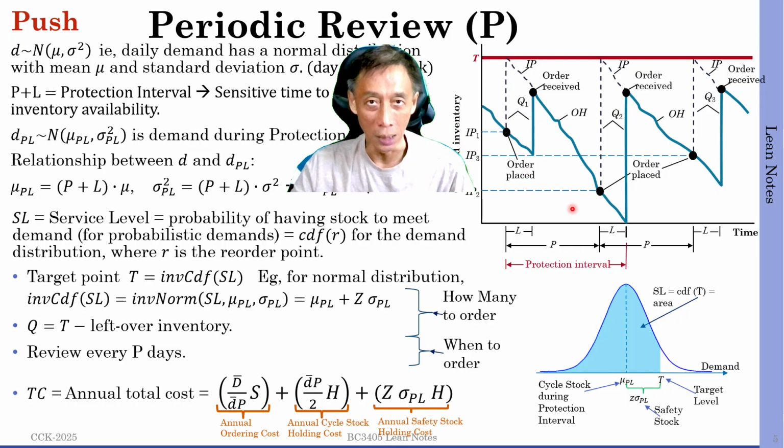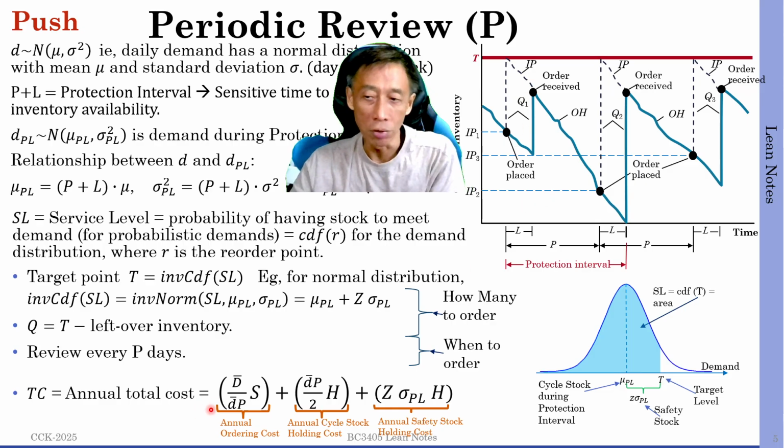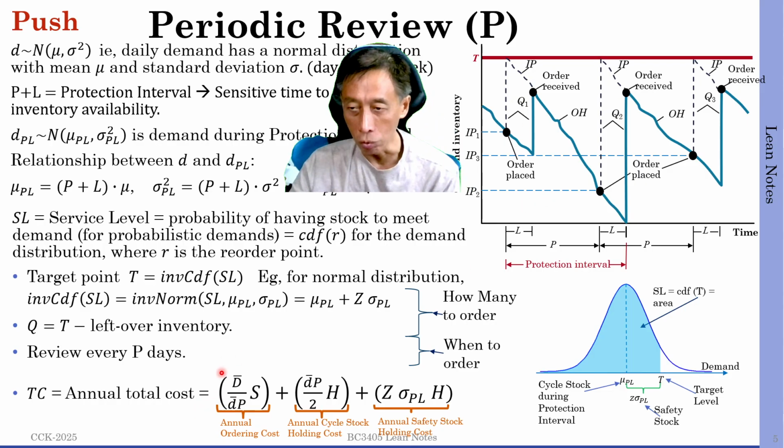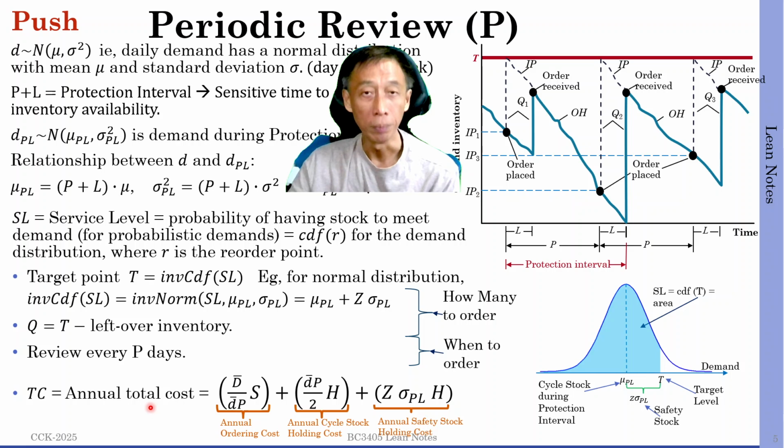So when we use these meaningful quantities in periodic review to estimate the Q, we just substitute them in, and we should get a good estimate formula for the annual total cost for periodic review. Just one more point to touch on, because I just went from the familiar notions discussed